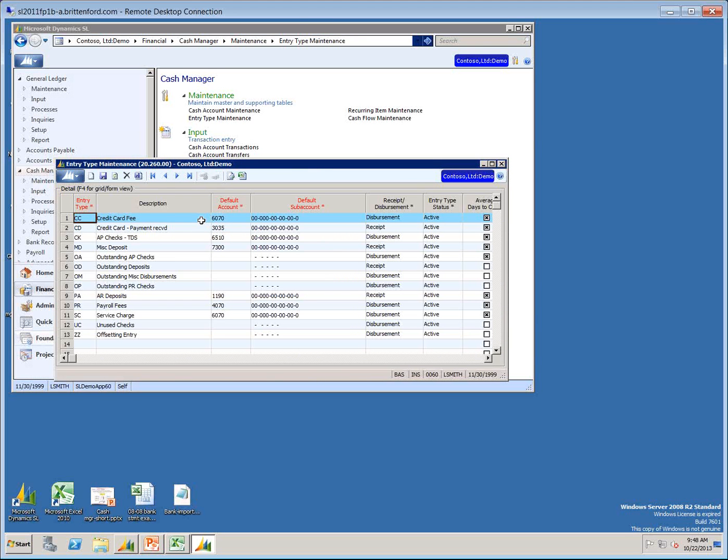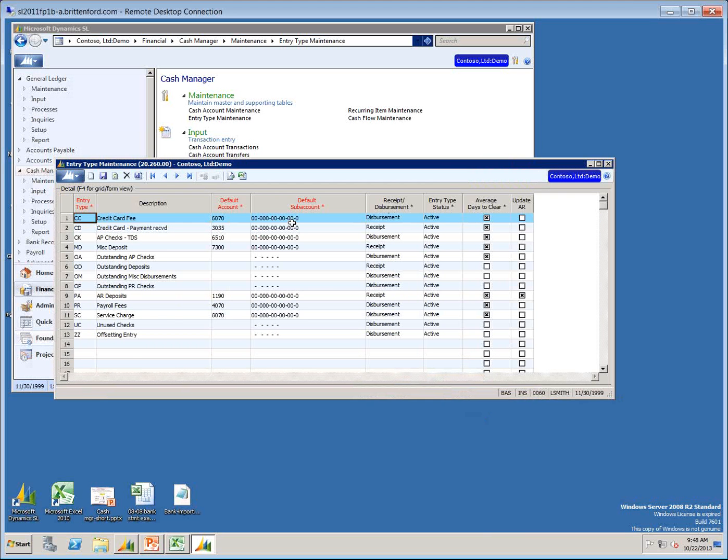So if you always know you're going to have credit card fees, like this very first one, I know that every month I'm going to have a CC. I can set it up that it's credit card. I can put in my GL account number, my sub account, whether it was a disbursement or a receipt. So it just means money coming out, money going in, whether the account is active. And it says update AR, but truly the only one that updates AR is P8. So that's really not an option. So it's your name,